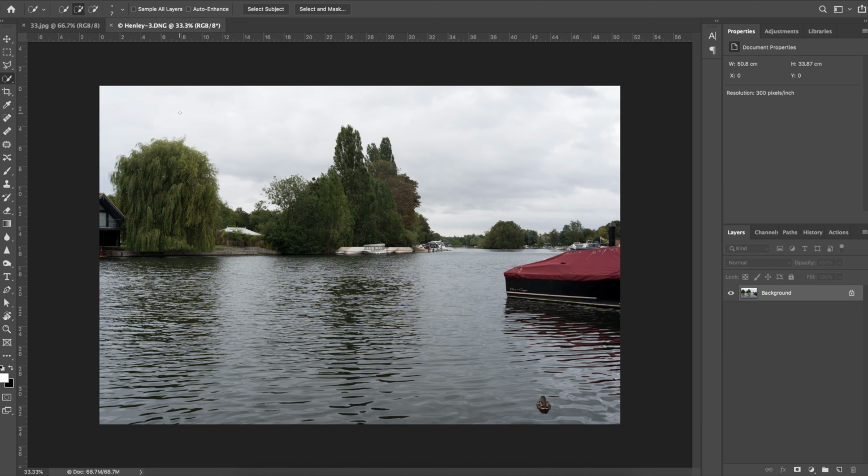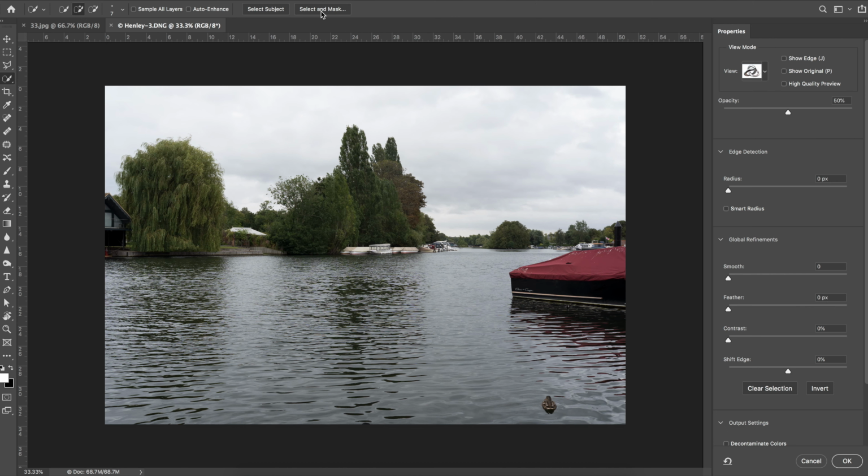Just hold your mouse down and just drag it across the sky, and that will select the better part of your sky. If it's a bad sky like this one, it's going to be really easy to select. There's no real definition in the clouds or anything. We'll use the quick select and mask option. And that's going to open up,